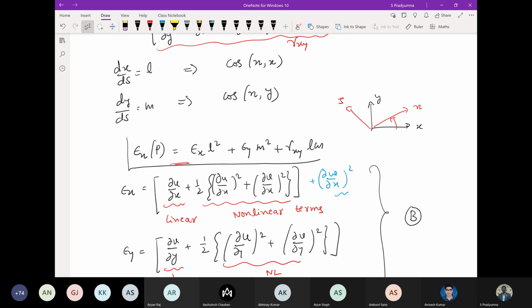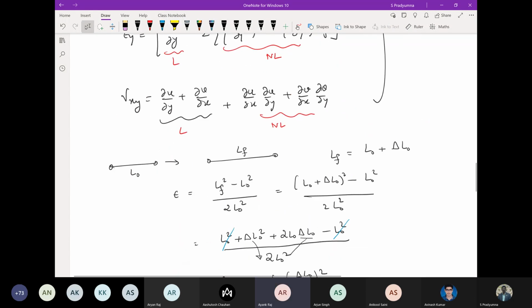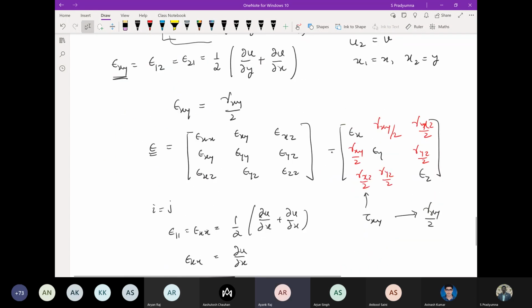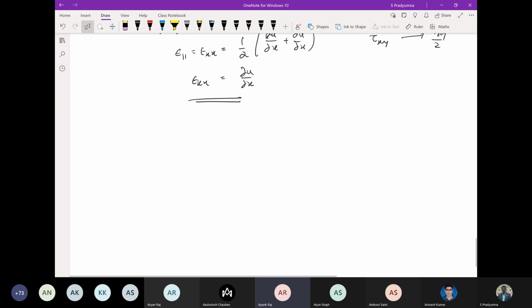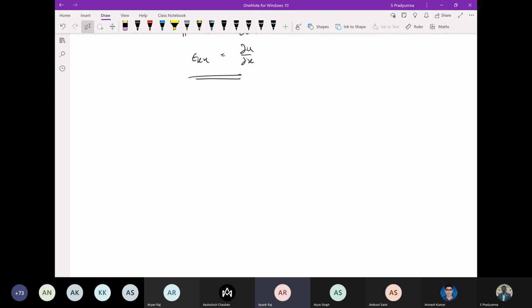But the second term is non-intuitive. It's not possible to physically explain what you mean by this. But it only helps when you have larger values of the displacement. When displacements are bigger, then it will help. Okay, I'll move ahead and I will answer that question, where this half comes in and what will happen in future.